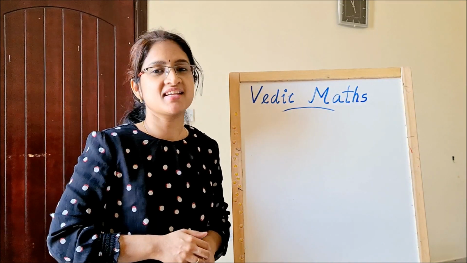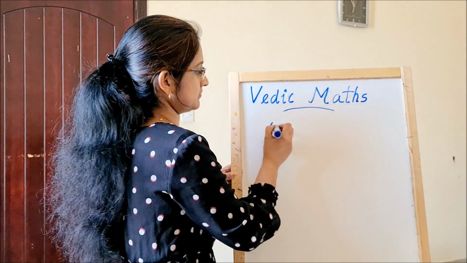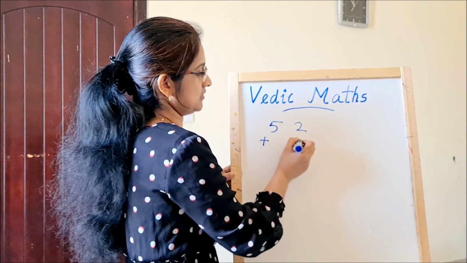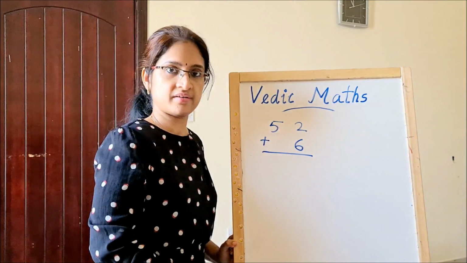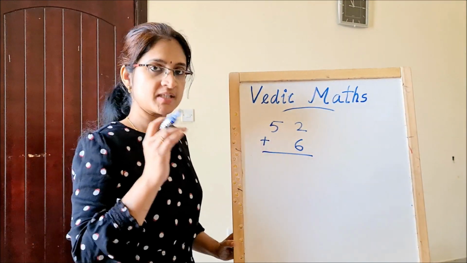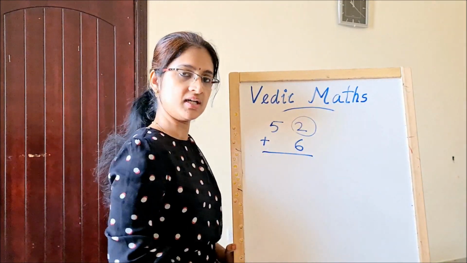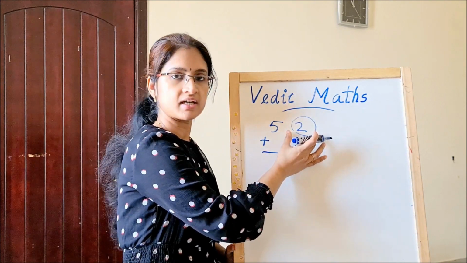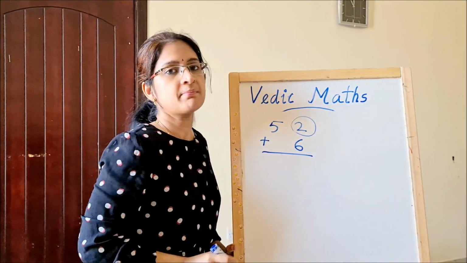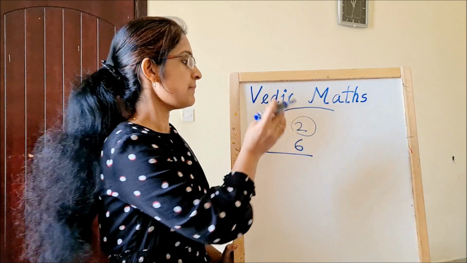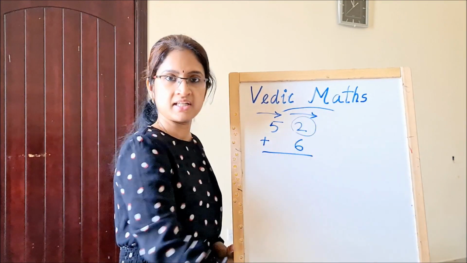Let's see how addition is done using the n number concept in Vedic maths. For example, this is a 2-digit plus a single-digit addition, right? So in school you must have been taught to always start with the rightmost digit. Then you will move to the digit on the left, correct? But for Vedic maths, you are always going to start from the left. The addition will be carried out from left to right, like this.